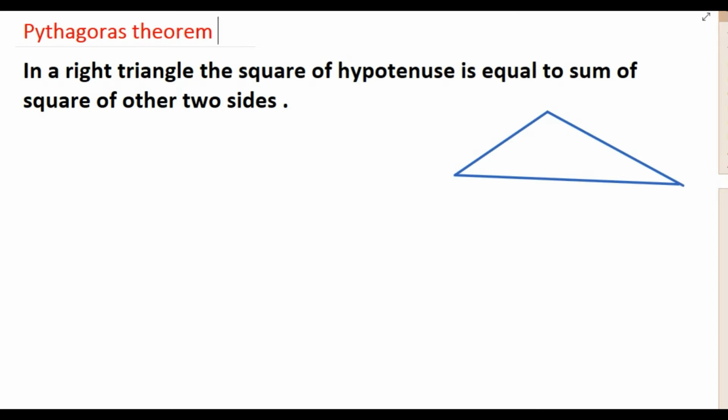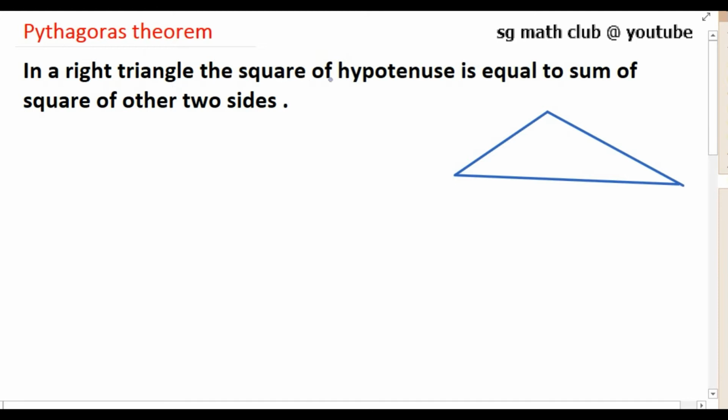You are already familiar with Pythagoras theorem from your earlier classes, and you had verified this theorem through some of the activities also, and we had made use of it in solving some of the problems. In today's video we will see the proof of this theorem using the concept of similarity of triangles. Pythagoras theorem states that in a right angle triangle, the square of hypotenuse is equal to sum of square of other two sides. We have used this result in many problems. So today we will see how to prove this Pythagoras theorem.